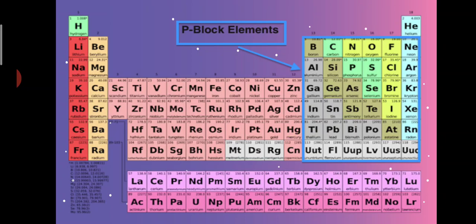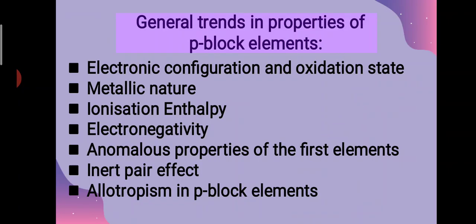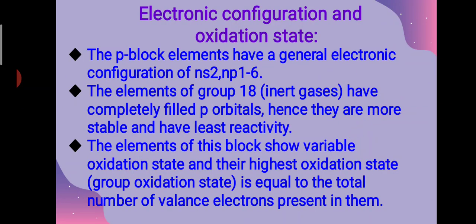We are going to discuss that in this lesson: how it is useful and how it reacts, what are all its physical properties, chemical properties and uses. All this we are going to discuss in this lesson. First we are going to discuss the electronic configuration and oxidation state. The very common electronic configuration of p block elements is